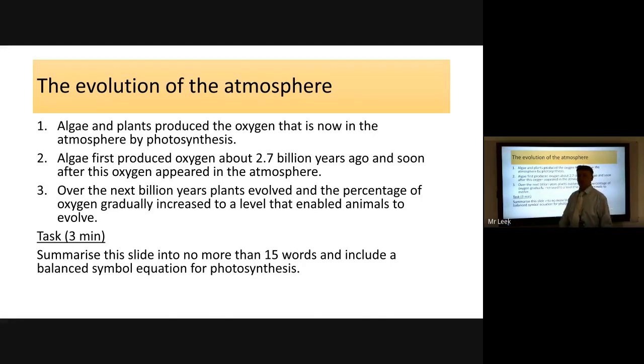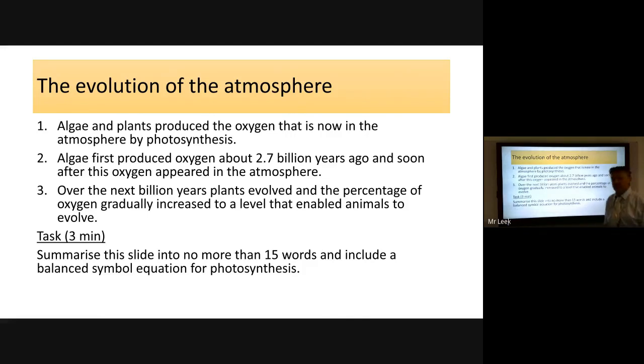So at some point, after 1 billion years, little algae appeared. Right? And what they did is they used the energy from the sun, photosynthesis, and they produced oxygen. Algae first produced oxygen about 2.7 billion years ago, so it's literally 2 billion years after Earth was created. And soon after this, oxygen appeared in the atmosphere. Over the next billion years, plants evolved and the percentage of oxygen gradually increased to a level that enabled animals